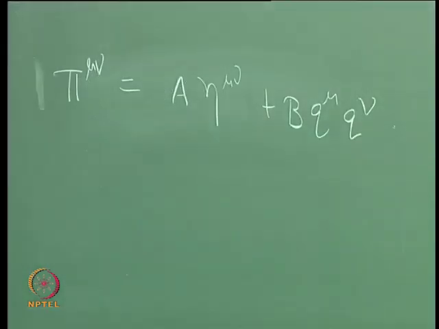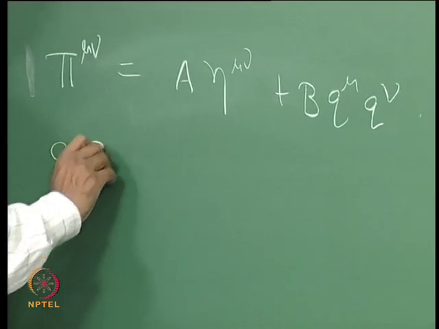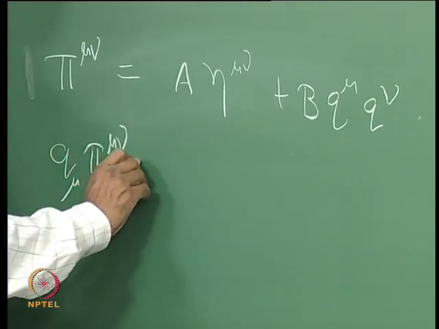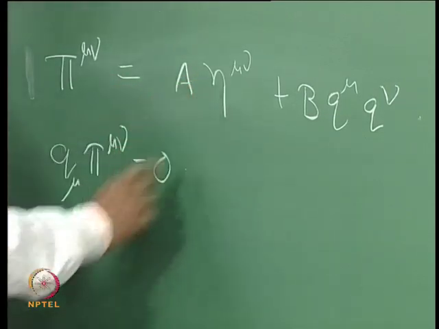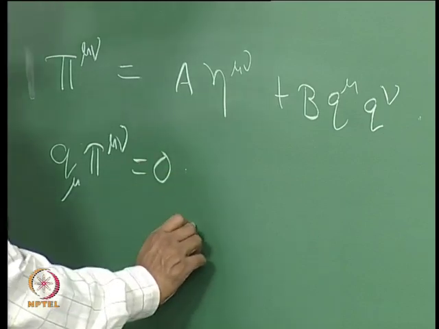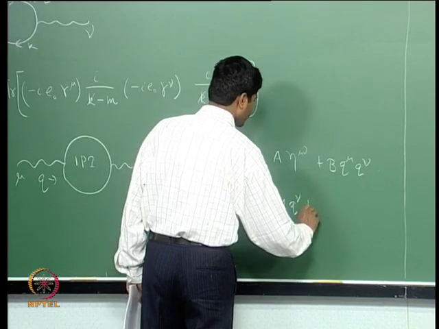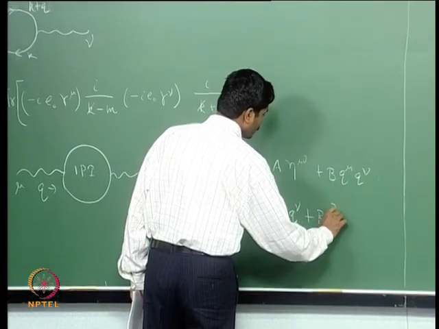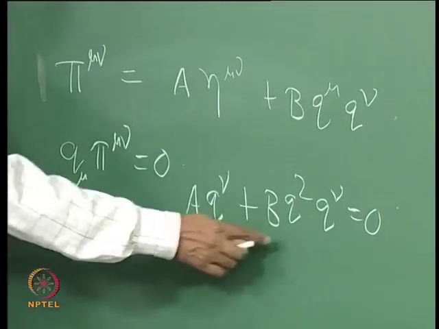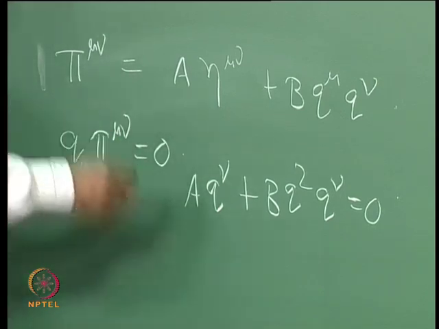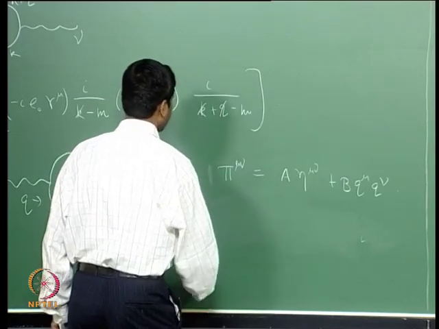But now, if we use the Ward identity, which basically says that q^μ π_μν equals 0, then this immediately gives me the first term, A times q_ν, and from the second term I get plus B q² q_ν equal to 0. Therefore, A equals minus B times q². So, the Ward identity implies